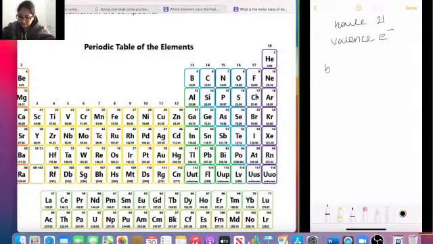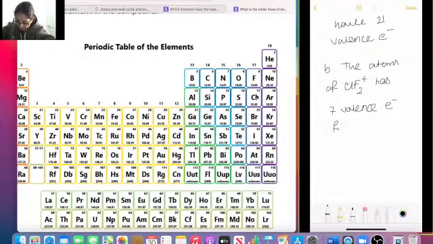So you can say the atoms of ClF2 plus has 7 valence electrons from chlorine,